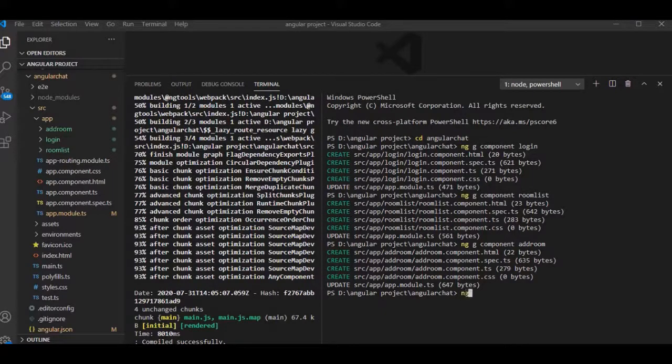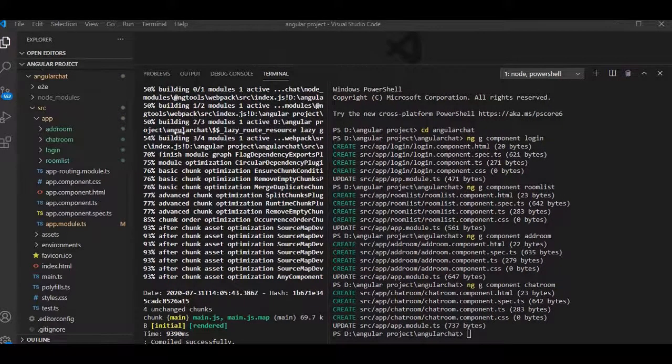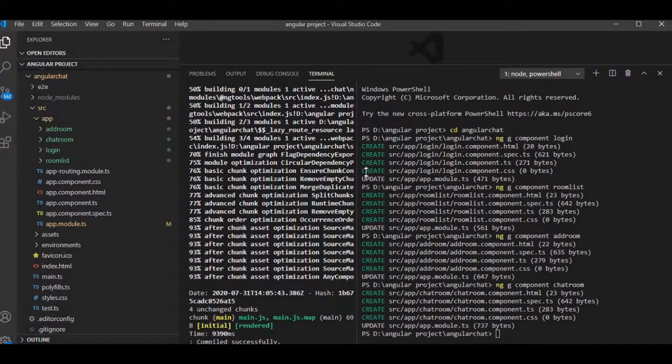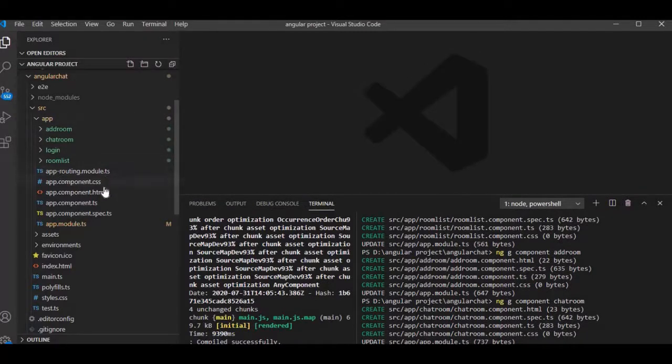Now we go to the component chat room, so type the command ng g component chat room. Chat room is also successfully created. Now you can see here are four folders: add room, chat room, login and room list. These are our components. Now we go to the app-routing.module.ts file